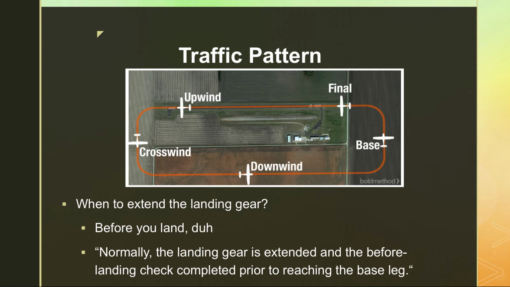The hole in this theory is, what if you don't have a base leg? What if you did a straight in approach? Then if you went off of this mantra, when I'm downwind to base, I'm going to lower the gear and do my GUMPS check, you would never do a GUMPS check. You would just do a straight in and land crashing on the runway. So the really best way that you can do a GUMPS check,